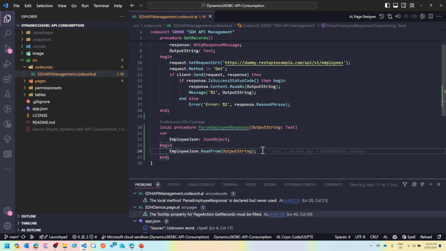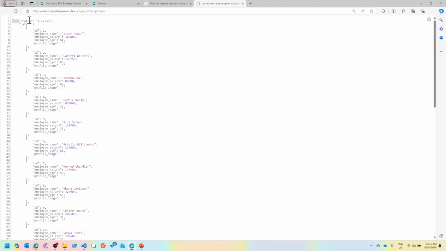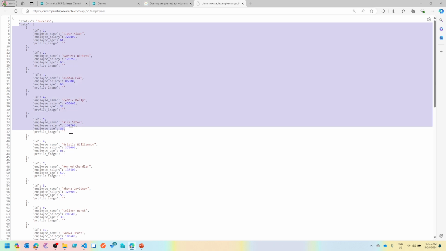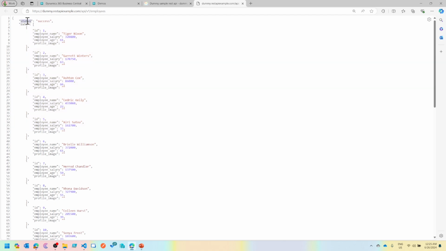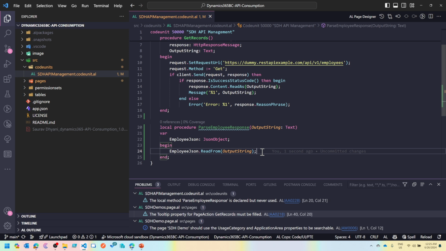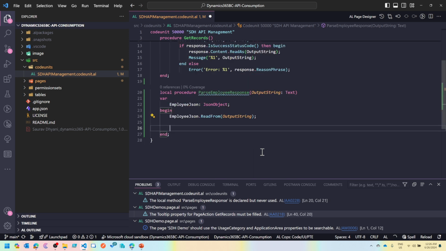So now let's go ahead and try to find the object. So when you look at this, you get a status as a name value pair combination, but your actual response is part of the data, which is multiple employees in this case, right? So let's, if you want to do a test of the status, let's do that first. So what you can do here is, now JSON object is like a simple object. So what you can do is you can say if